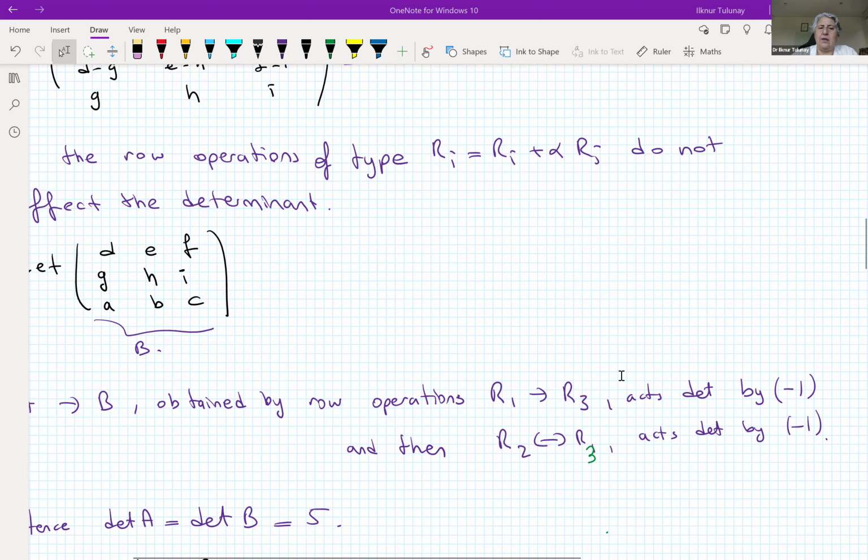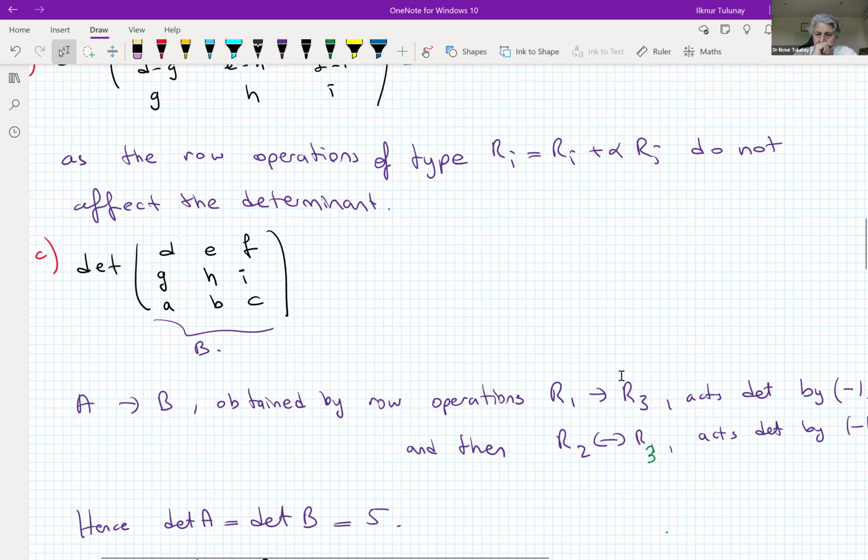There are two ways of doing this, but if you swap row 1 to row 3, in the first swap that will be -1 times the determinant of